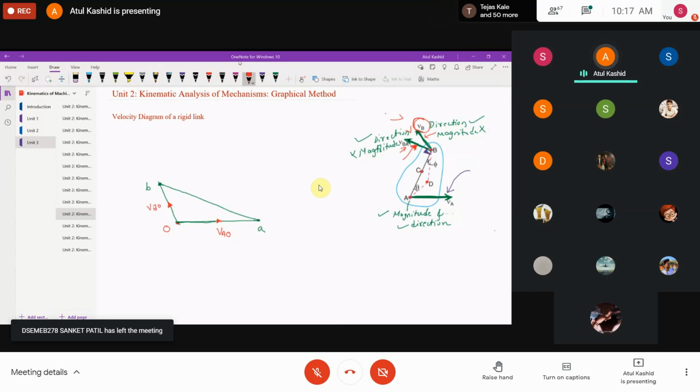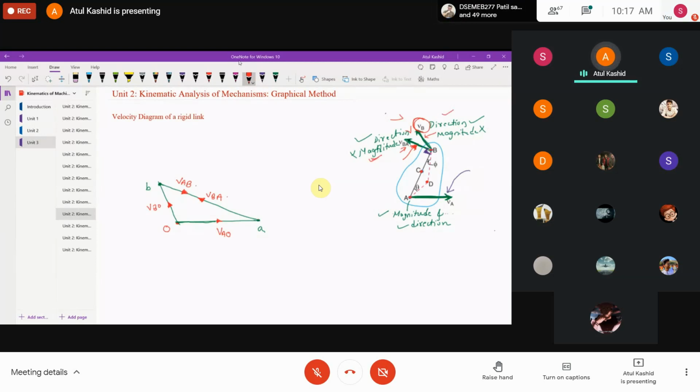And if I draw the arrow like this over here, you can see it is pointing towards B. So it will be velocity of B with respect to A. Or if it is pointing in the direction towards the A, it will be velocity of A with respect to B, right? Very simple, right? Now you can simply measure these vectors and you can identify the magnitude of the velocity B and relative velocity B with respect to A.